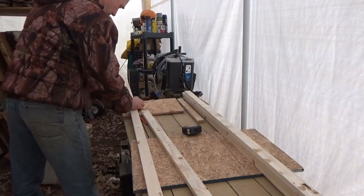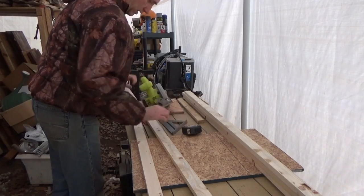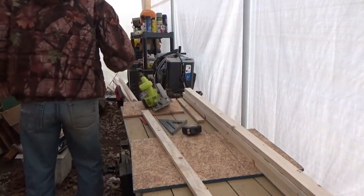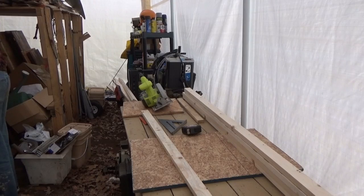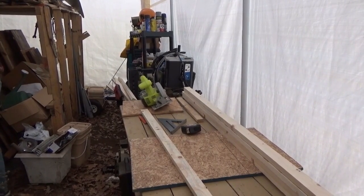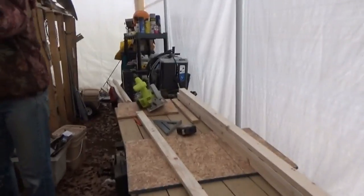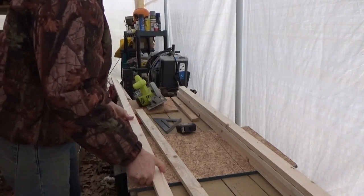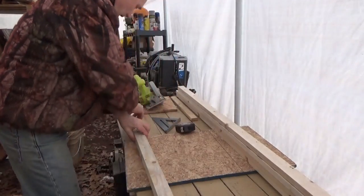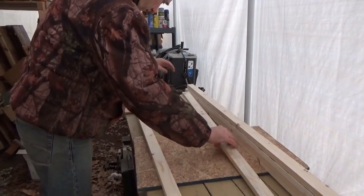You might buy some furring strips only because they're cheap and quick. It's cheaper to buy them than to cut them out of 2x4s in this case, time wise. By the time I get 2x4s and take the nails out,